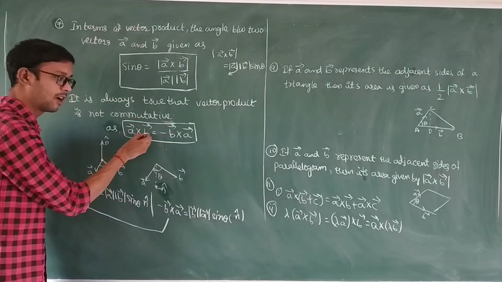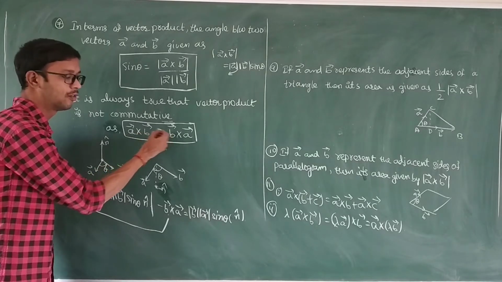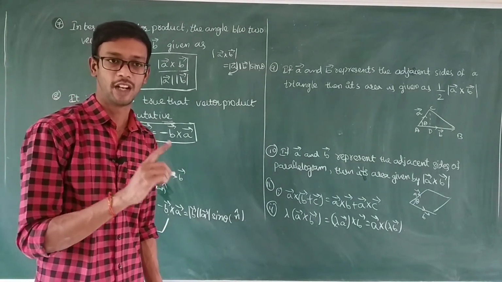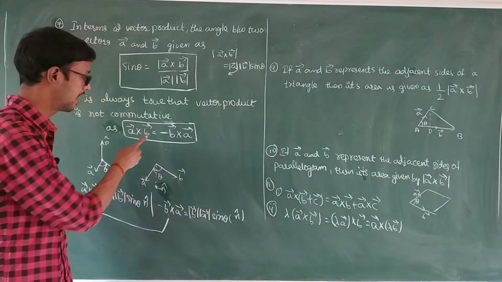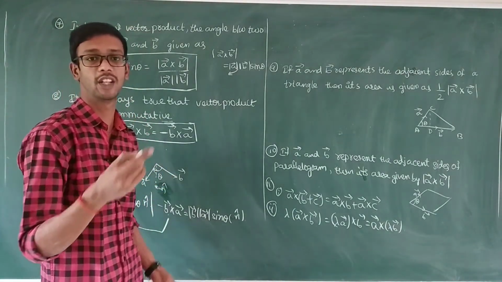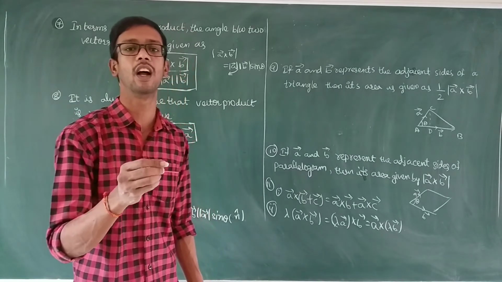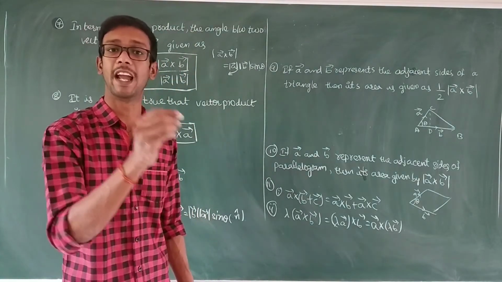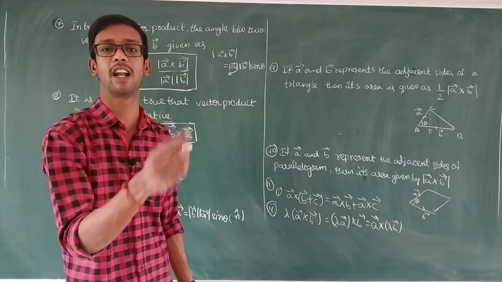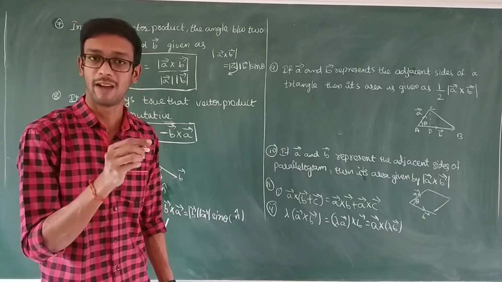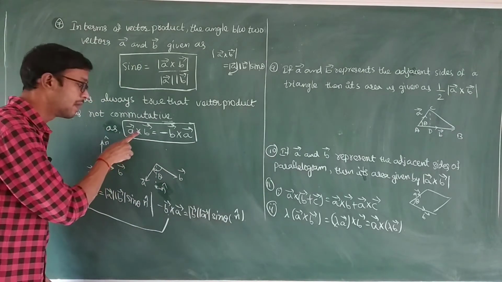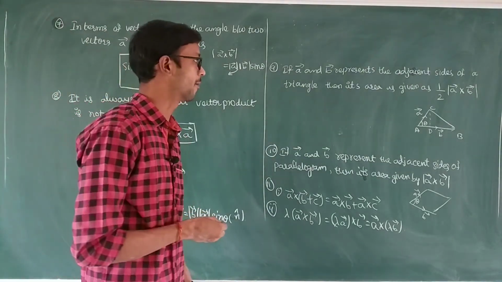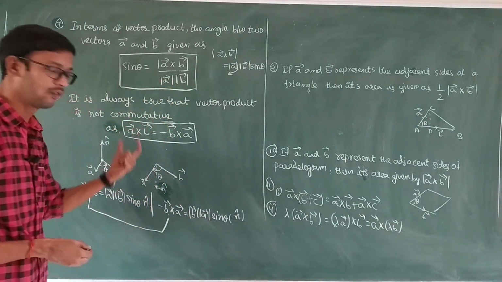If you interchange the vectors in a cross product, you get a negative. Simply remember: in the cross product, if you interchange the vectors, you get negative. In the dot product, if you interchange, no problem, because it satisfies the commutative property. We discussed a lot of problems. A bar dot B bar, B bar dot A bar can also be written as A bar dot B bar. But A bar cross B bar we can write as negative of B bar cross A bar.